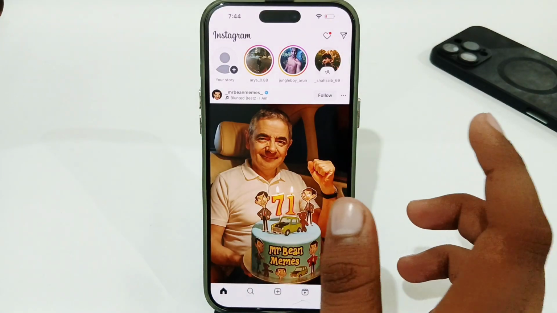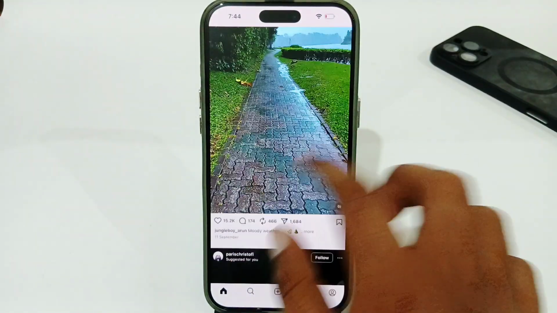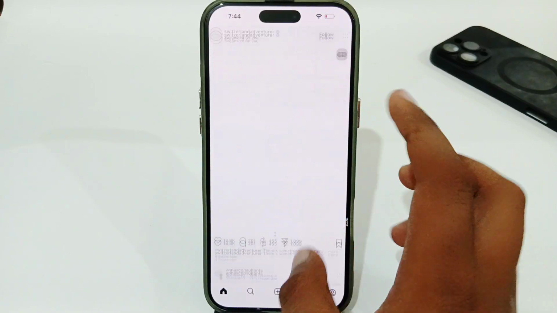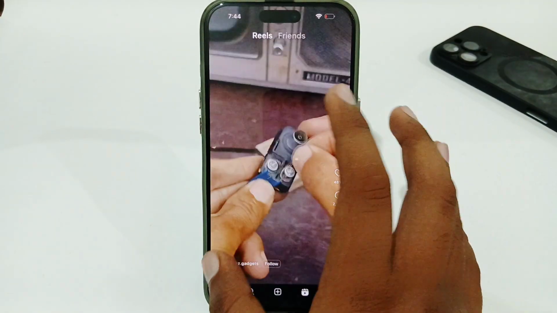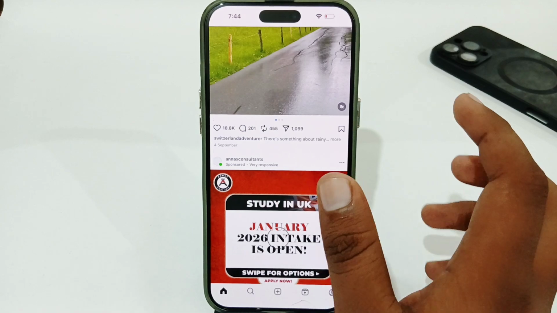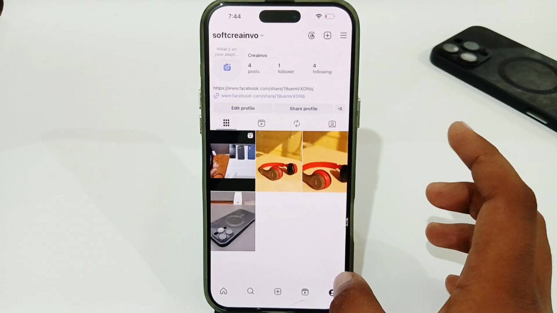Here, if you are seeing any videos of the types which you don't want to watch, for example, if you are having any sensitive videos here, let's see how you can easily fix this issue or reset your algorithm. You must tap on your profile icon in the bottom right corner, then